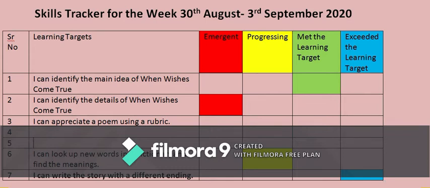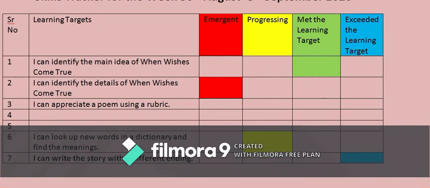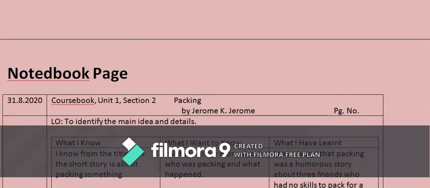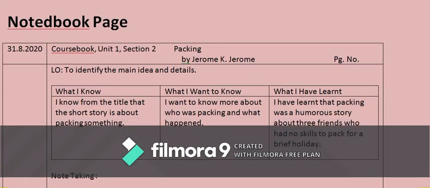Going on to the next, I have a sample of the notebook page. Now on the notebook page, I expect that you have a double line heading. Certain students ask me, ma'am, what do you mean by a double line? Double line means, assume this particular line is a single line where you write another single line. So when you take two single lines, place a ruler on the top, draw a line, place a ruler at the bottom, draw a line. So in between these you will have two single lines. That is what I call a double line.